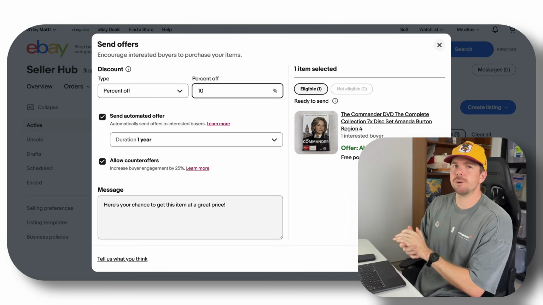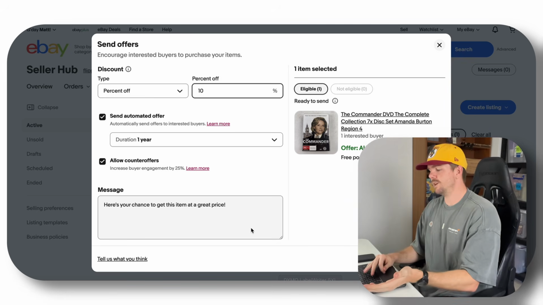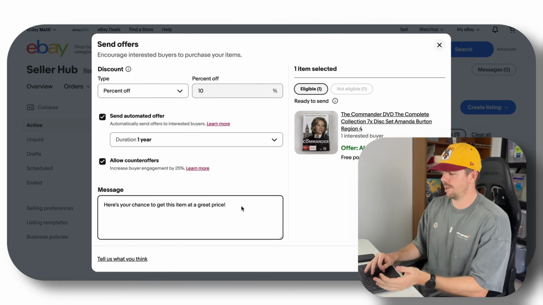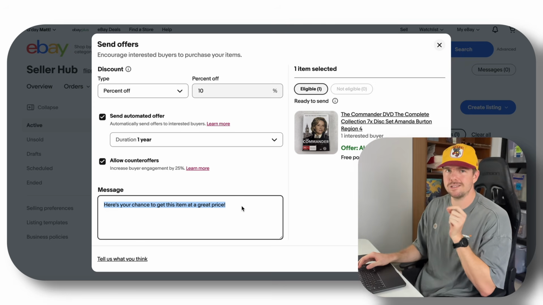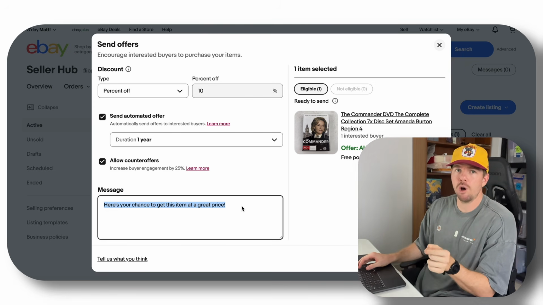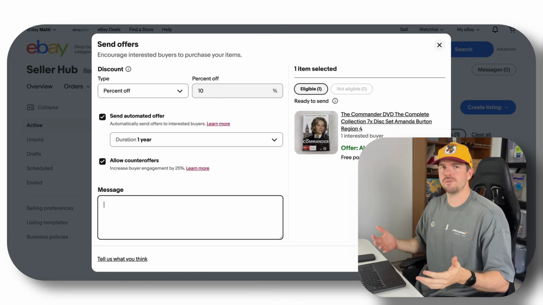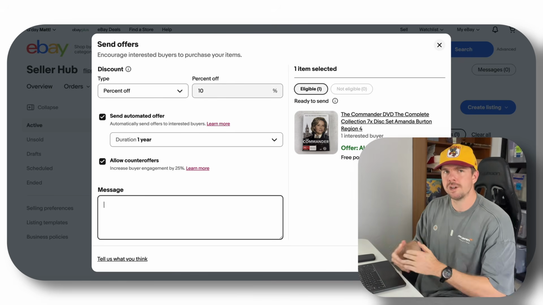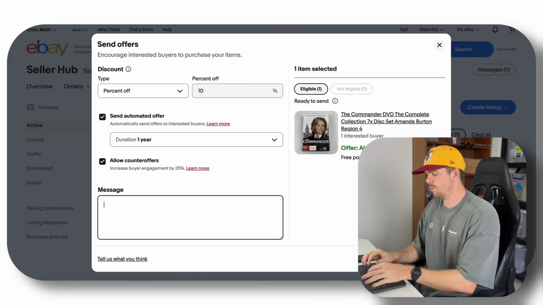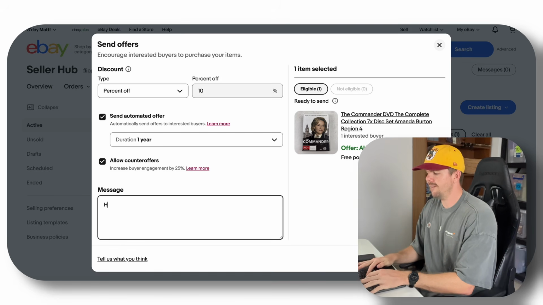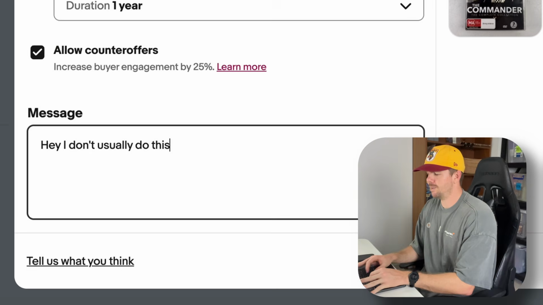Well, I like to go a little bit further with a pretty obvious box here that is message. A lot of people don't use this, but this is a superpower to be able to get into the mind of the person that you're trying to send an offer to. And I always put something constructive in there that may get them over the edge to go ahead and buy the item. So I might say something in the message box like, hey there, I don't usually do this, but